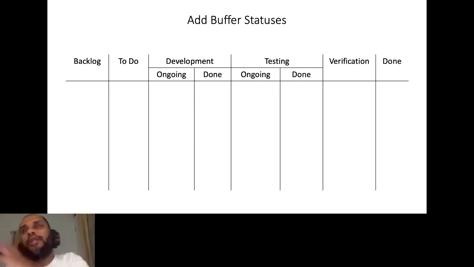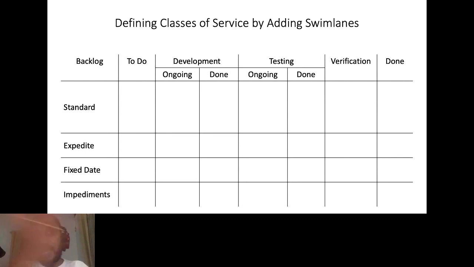Now we've already seen swim lanes. When it comes to Kanban, adding these horizontal lines or swim lanes is called defining your classes of service. Basically, we want to visualize the type of work that we do, or visualize special categories of work in a different way. When we have situations like that, we can add these classes of service, or in other words, these horizontal lines going across our board.